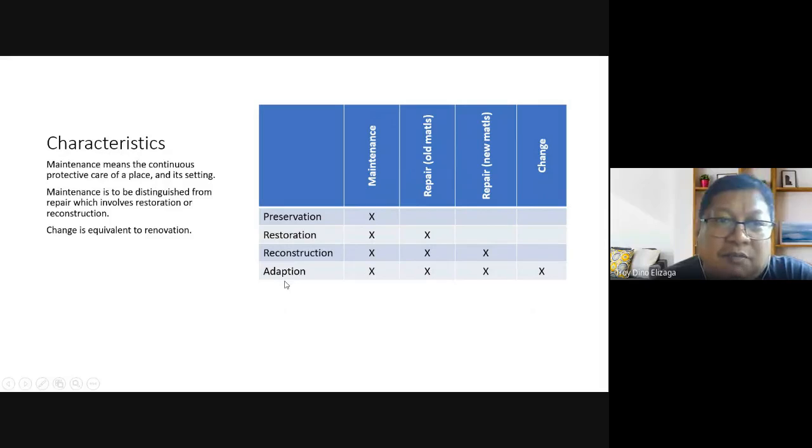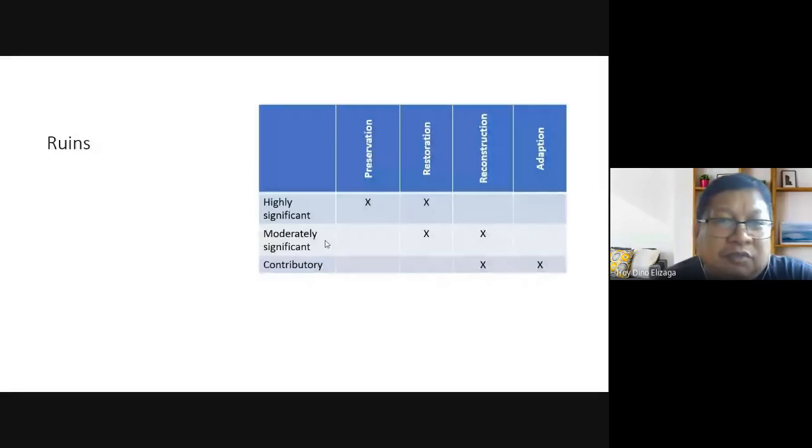Now, maintenance means the continuous protective care of a place and setting. So it's different from restoration and reconstruction. Okay, so that's why it's more acceptable for preservation only. Now, if you have a ruin, what do you do? If it is highly significant, you should preserve it. Okay, so that's why we have to know the significance of the place, because the conservation process will depend on it. We could also restore it if it is